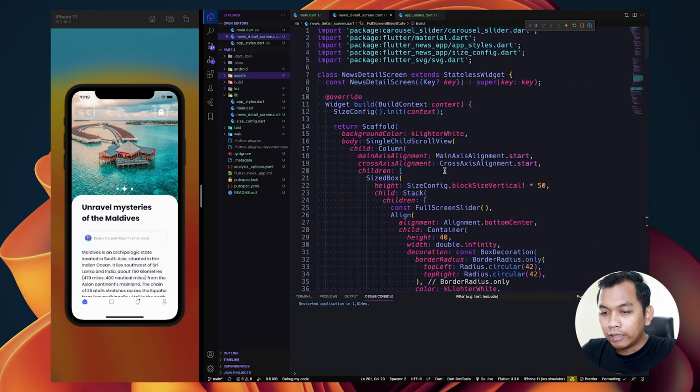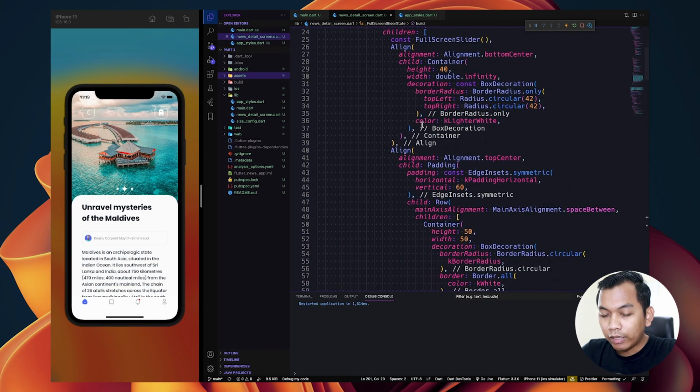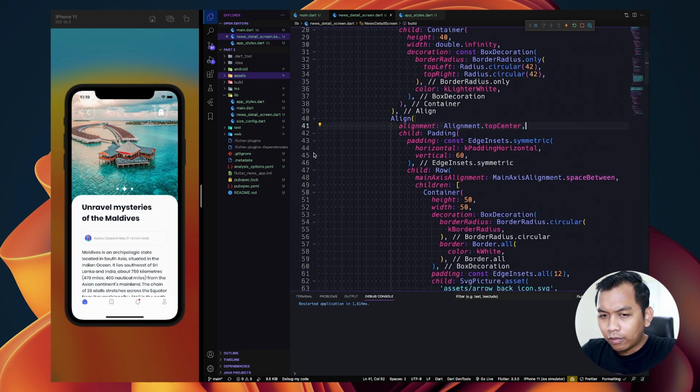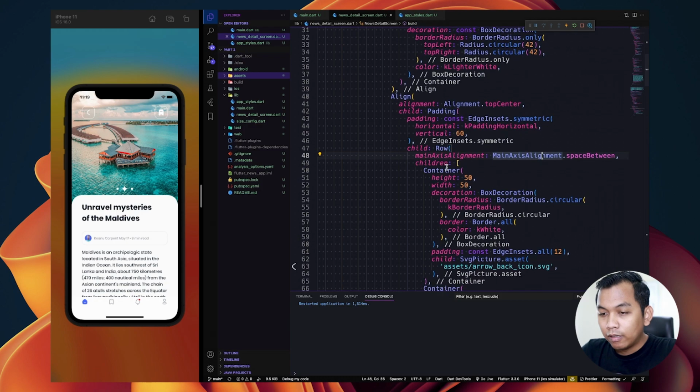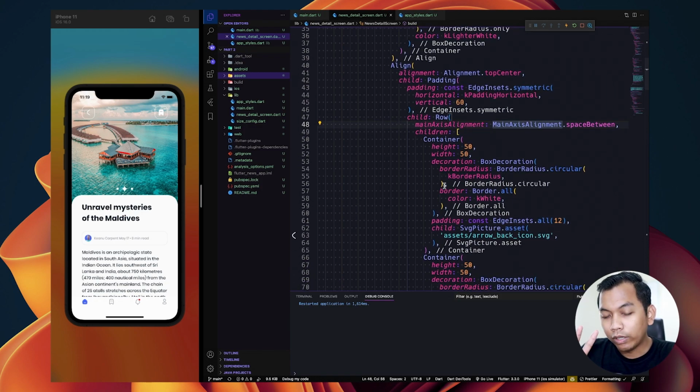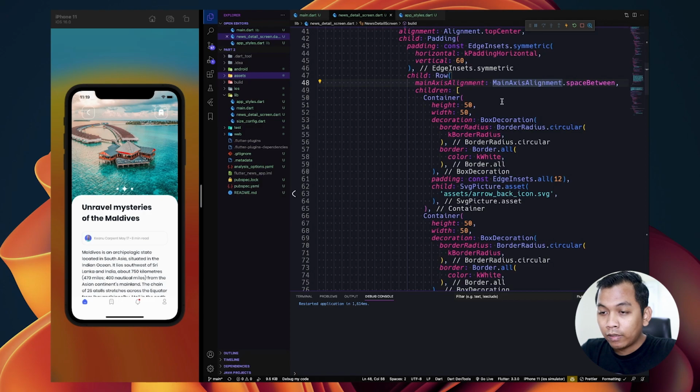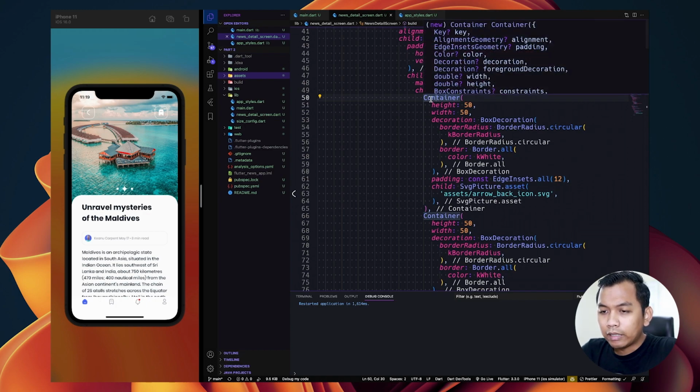And in this stack widget, we have this custom shape to manipulate the shape like this, and also we have this align widget, and we align to top center, and we give the child with the arrow widget because we have two elements. And if we want to detect on tap or on double tap, we can wrap this container using a gesture detector.